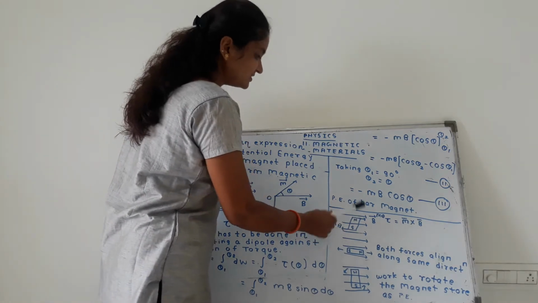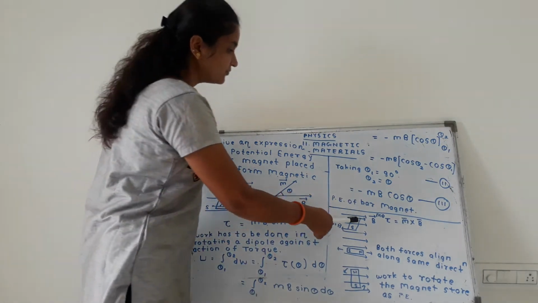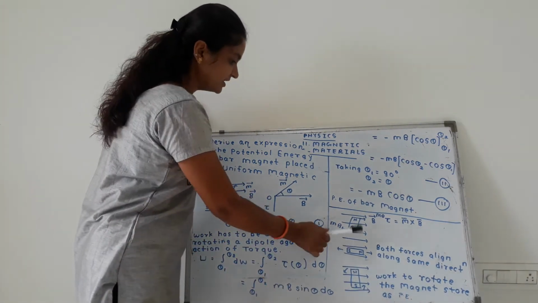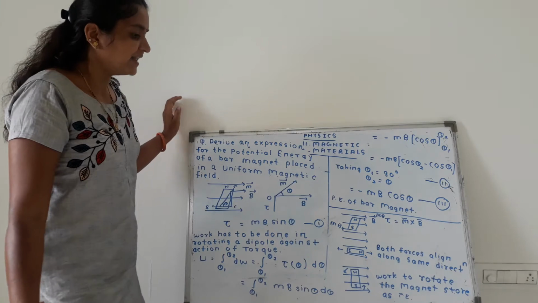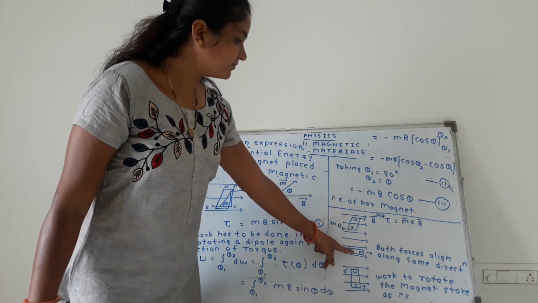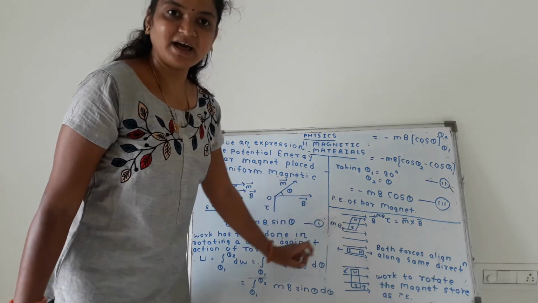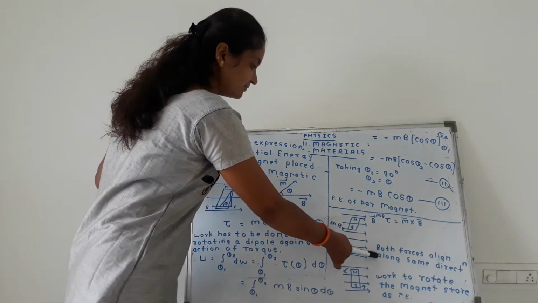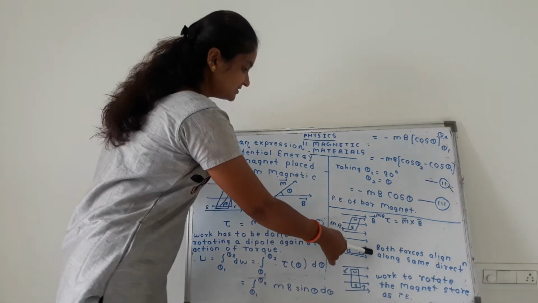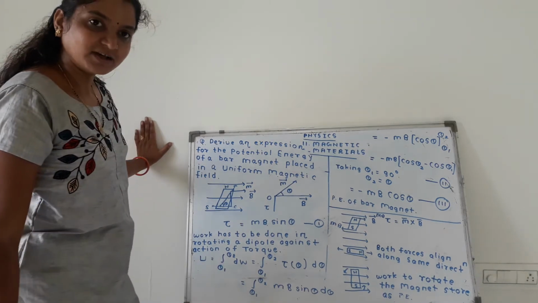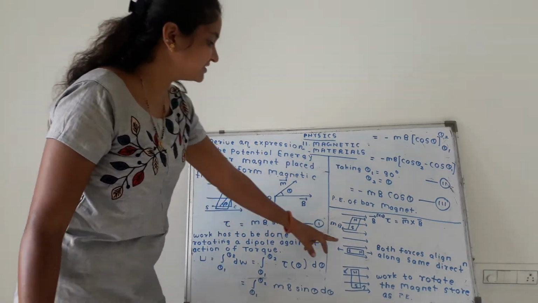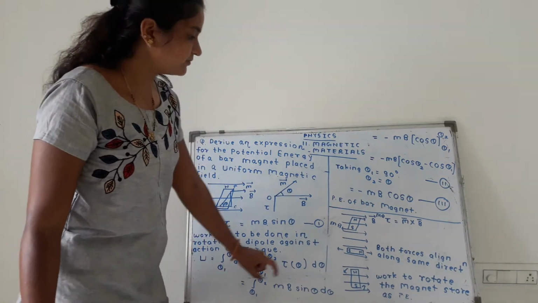Now, in the presence of the magnetic field, we want to rotate this bar magnet. If the bar magnet is rotated and aligned such that it lies along the magnetic field, both forces are aligned along the same direction. This is the magnetic moment again, with the north direction and the south direction. The both forces are aligned along the same direction, hence no torque is produced.